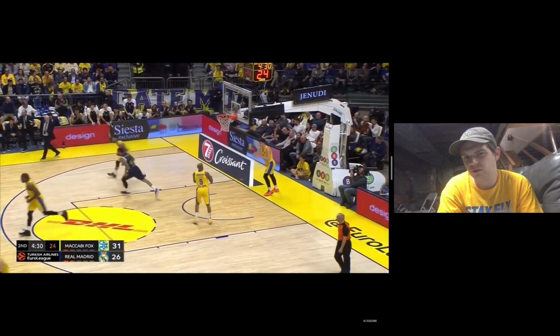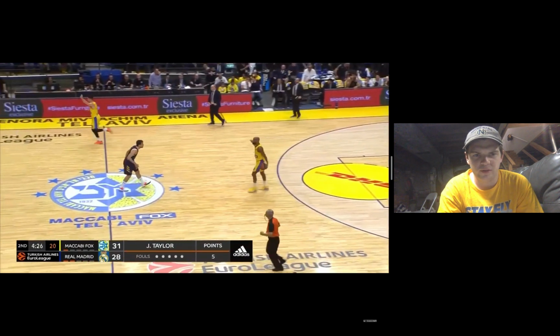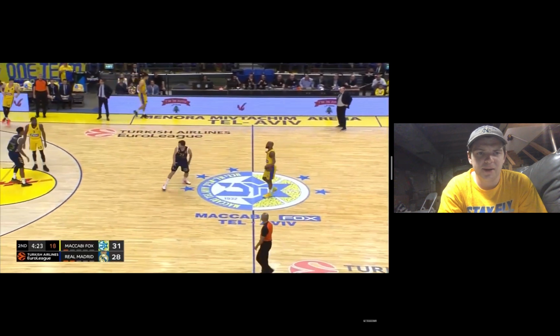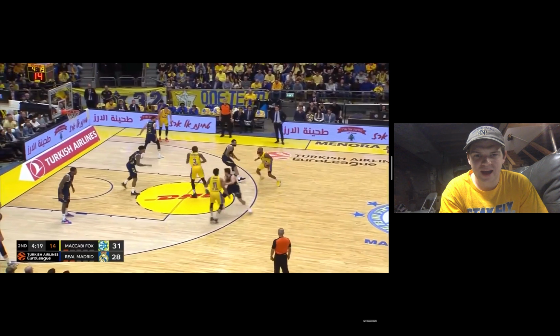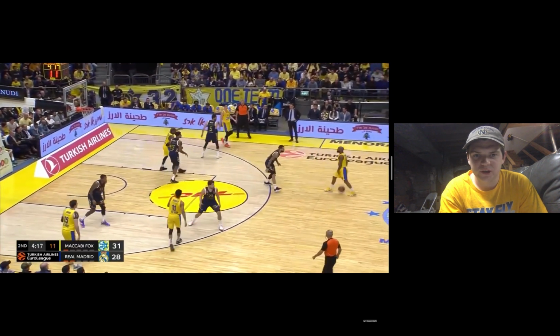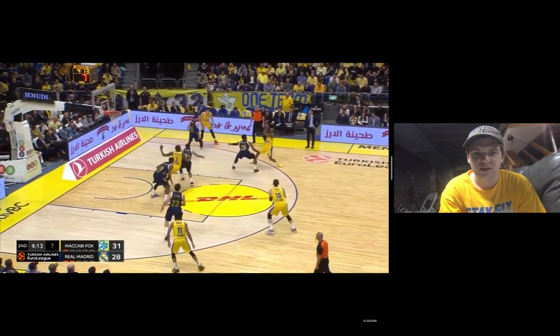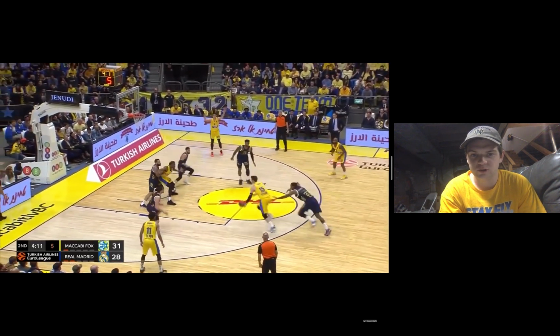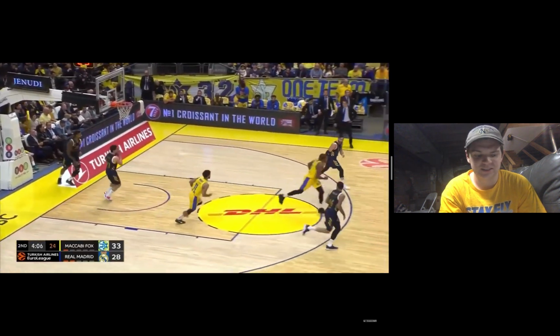That time was vertical, didn't really have much to work with there. It was just one of those plays. But again, he doesn't start for Maccabi Tel Aviv. And you look at players who have been taken in the top 10 of NBA drafts who didn't start for their Euro teams, and the list is not that inspiring. It's people like